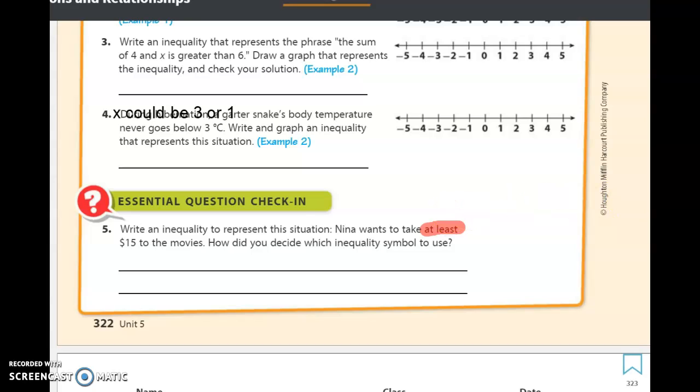So we know we have to pick a variable, and we know she's trying to figure out how much money to take, so I'm going to pick M for money. The money that she wants to take at least $15, so she could take $15, so we know it could be equal to 15 or more. So the money could be greater than or equal to $15. And then to describe how we pick that, I'm going to type in here. I'm going to say M is greater than or equal to 15, where M